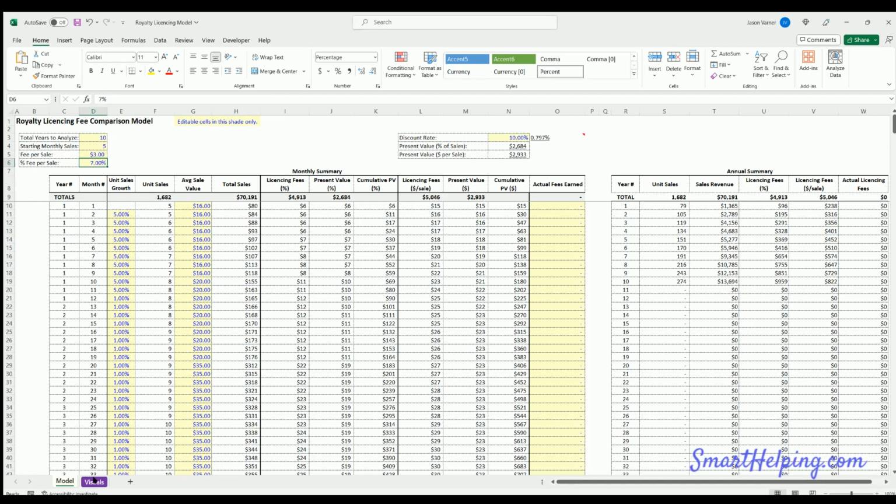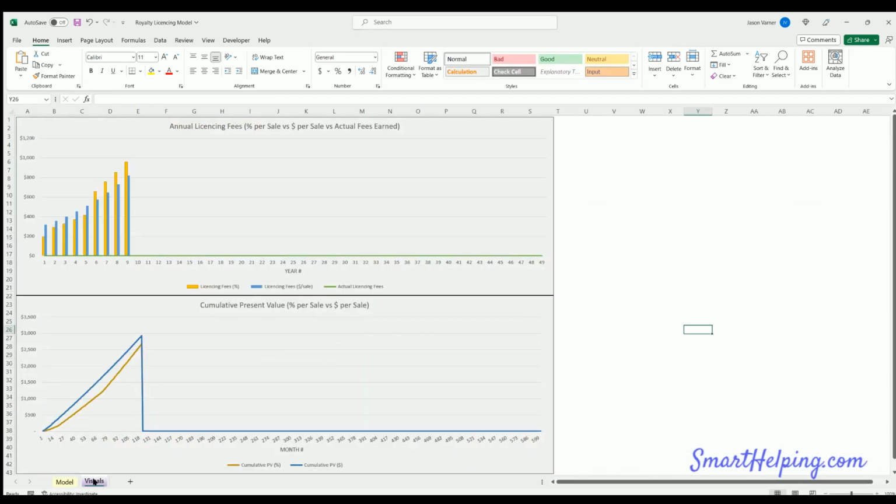And we can see that right here in this model. This whole time the percentage is less, less, less, less, less. Then in month 6,